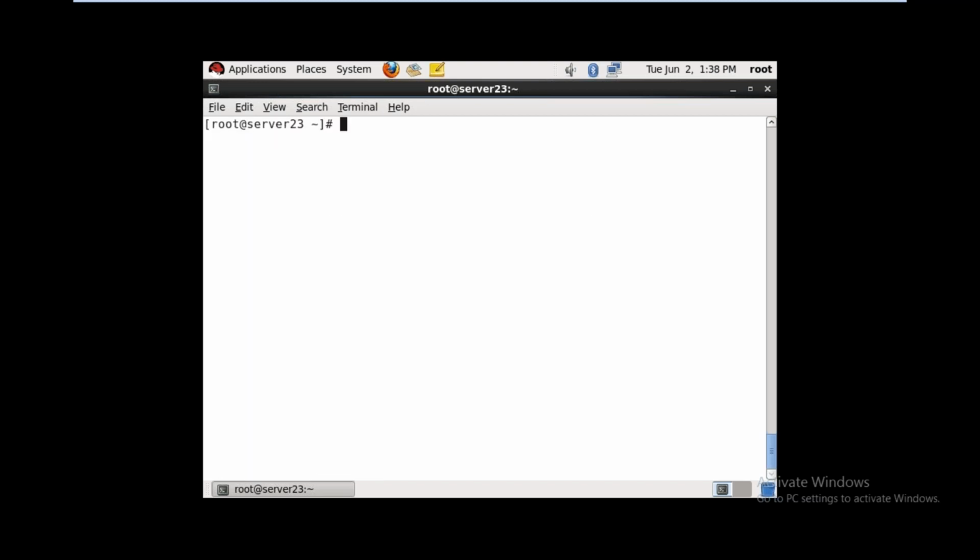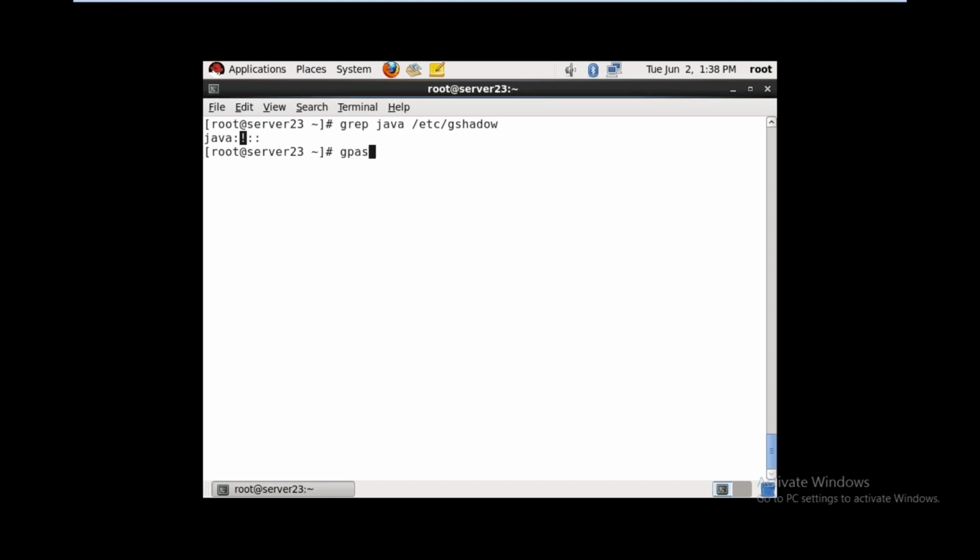Sir, if you want to see which one is the password? I have given a single character D as the password. You can give any password. How to see that password? In that file the password is not shown. No, the passwords are never shown. It is in encrypted format. See here, no password for Java. Here the exclamation mark means the password is locked by default.